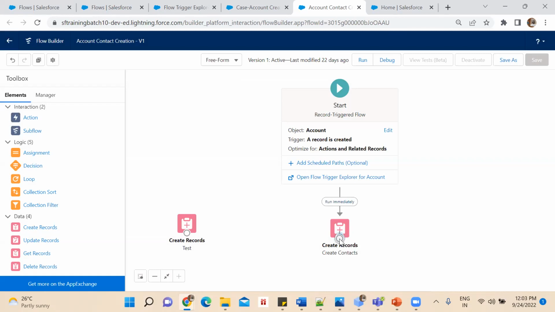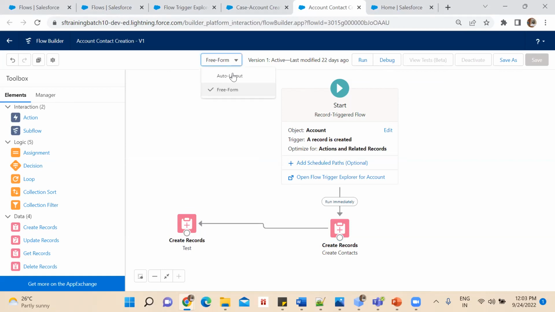another element. So there is no connector in freeform. You just need to select from where you want to connect, like from here to here. First select here and do it like this. If you want to remove this, just click on it and press the delete button on your keyboard. Now if you see here, create records, again you can connect in this way.